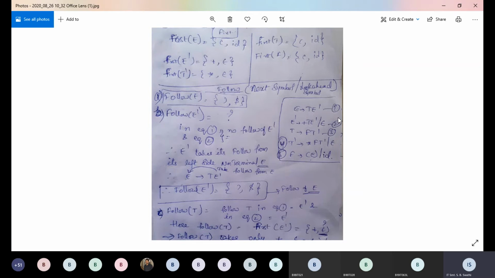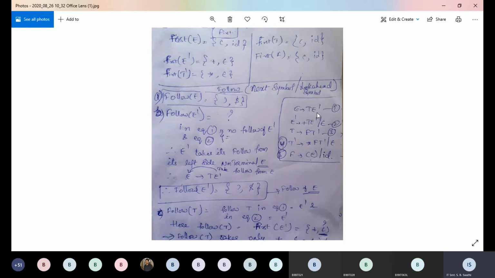Now first we will consider the first equation. What is follow of T here? Tell me. In equation 1, what is follow of T here? Parent node E. Yes, good. So a parent node. Why parent node? It has no follow, ma'am. After T, what is there? It is not E, it is not the parent node. You check here.